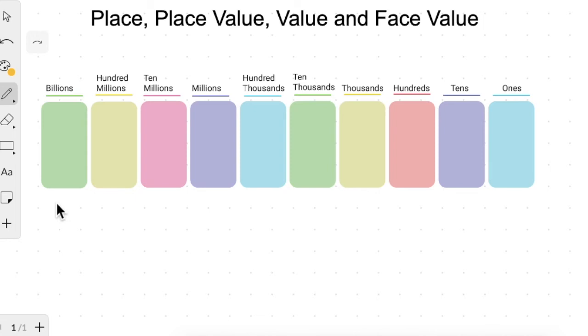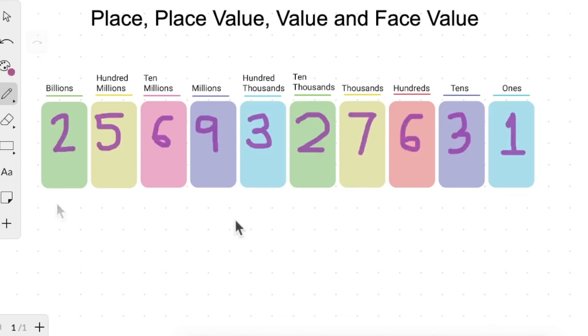For that also, let me just write down a number in the place value table. So this is the number that we have. Now to understand the place value, let us take an example. So let us see what is the place value of this 6.